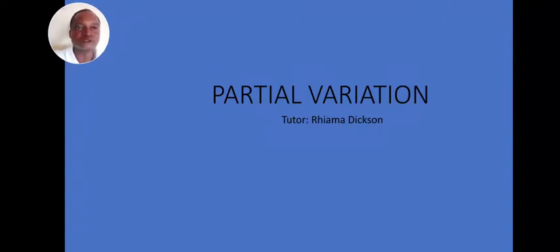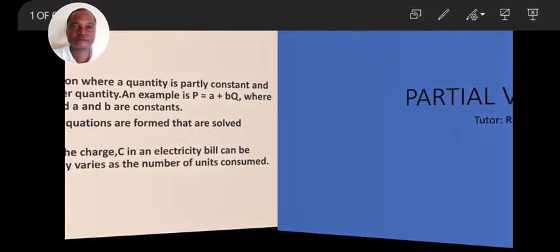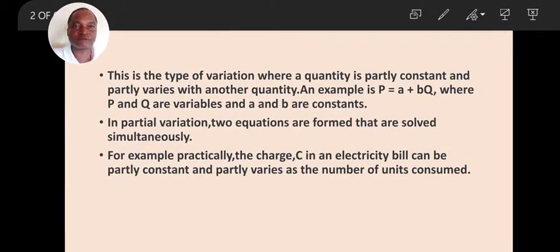Now let's go straight to the topic today. The partial variation is a type of variation where a quantity is partly constant and partly varies with another quantity. A quantity is partly constant, and that constant there means it does not change while the other quantity changes. An example is this. This is a perfect example